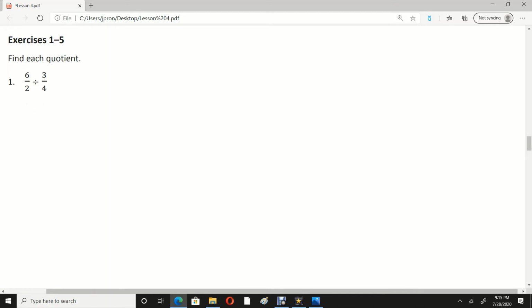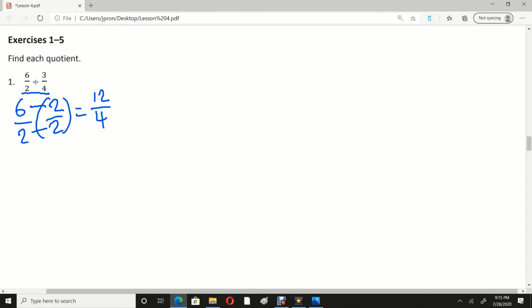Wow, guys, y'all are fantastic at this. Let's review, just for those who may have missed class, how we can solve some of these problems. In this first one, we have 6/2 divided by 3/4. We're going to want these to have common denominators, so 2 and 4. Well, I know I can multiply 2 times 2 to give me 4, so let me take 6/2 and multiply it times 2/2. When we multiply fractions, we multiply numerators times numerators, denominators times denominators. That's going to turn this into